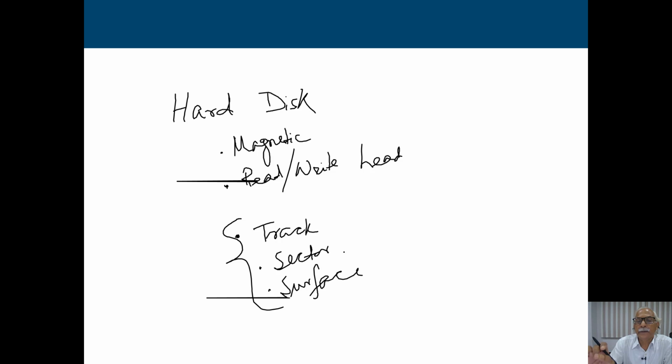So what is the minimum addressable unit over here? It is the sector, and the sector is identified with the help of surface number, in which surface we have this particular sector, then track number, in which track we are going to get this sector, and after that the sector number in this particular track. So these three pieces of information give us the proper location of the sector, and you can work with this particular sector. Okay.